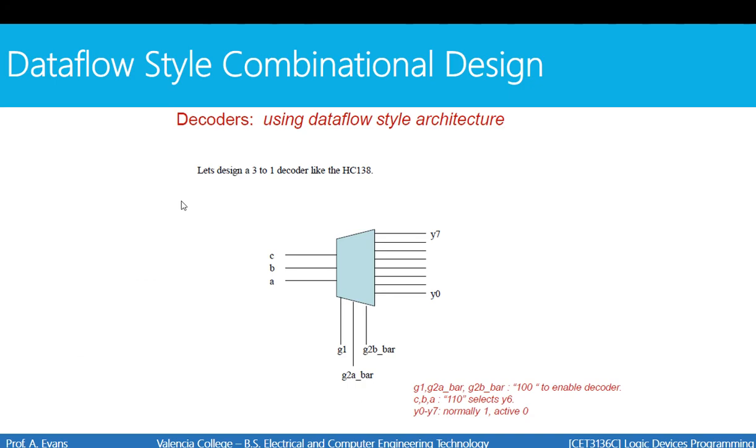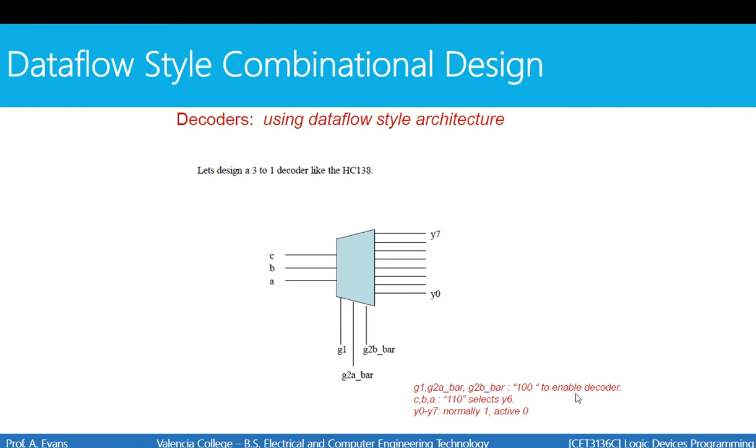Another tool that we can use in the Dataflow style is a conditional assignment statement. And in order to do that, we are going to implement a decoder, and then I'll show you how that statement works. So just to remind you what a 3-to-8 decoder would look like, here's a 3-to-8 decoder. You have 3 inputs, you have 8 outputs, and down here we have G1, G2A bar, G2B bar. Notice the names indicate whether these select inputs are active high or active low. So G1 has to be high, G2A bar has to be low, and G2B bar has to be low to